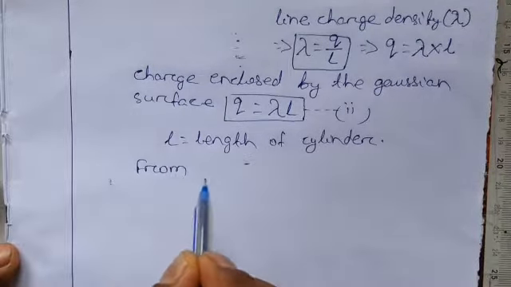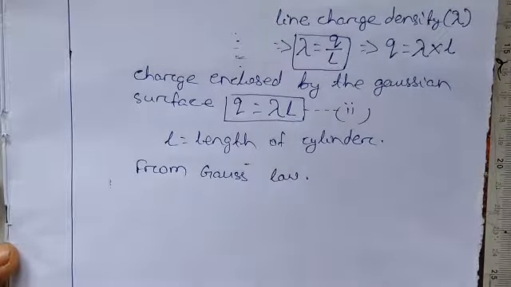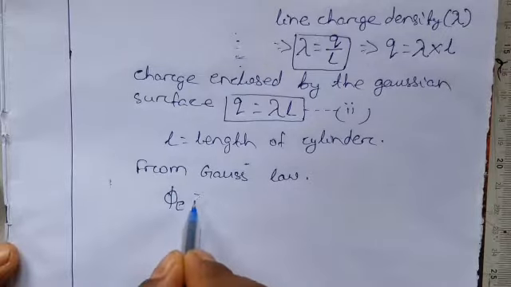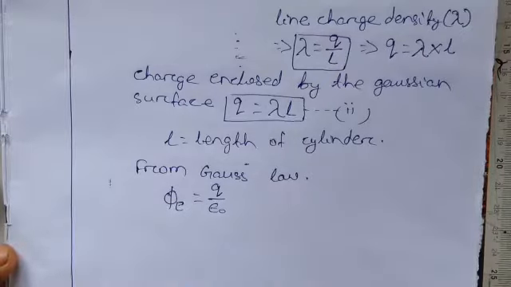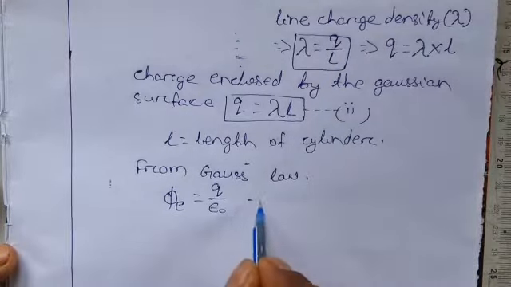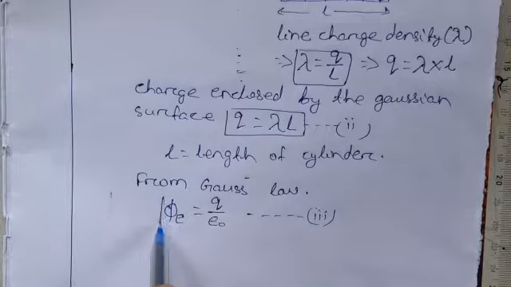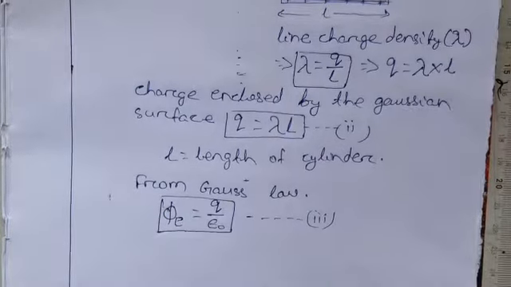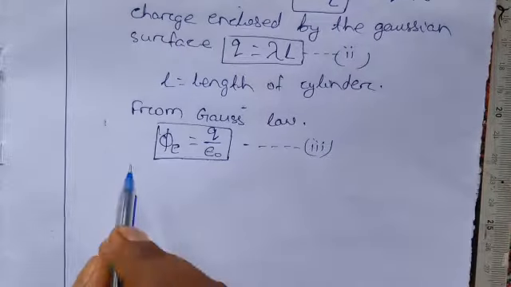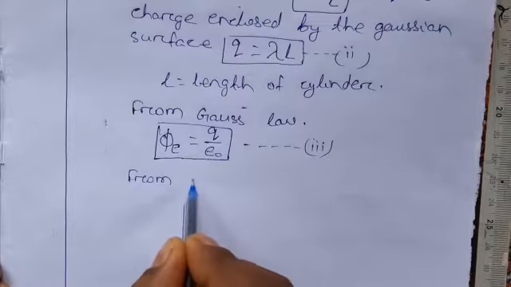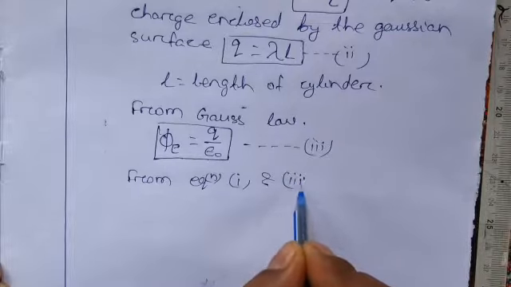But from Gauss law, I can take the total flux is equal to the total charge enclosed by the Gaussian surface divided by epsilon naught, and putting the value of equation 1, I can say this is equation 3. So from equation 1 and 3